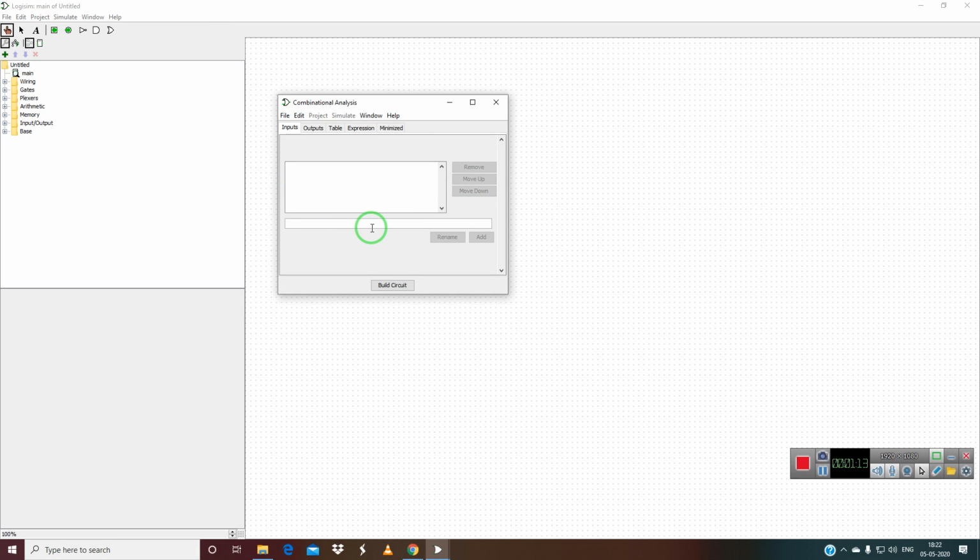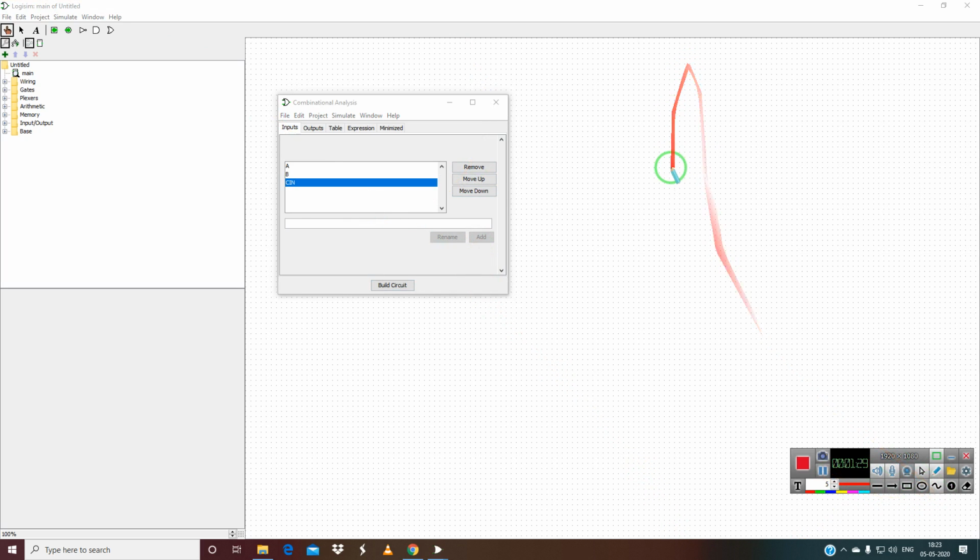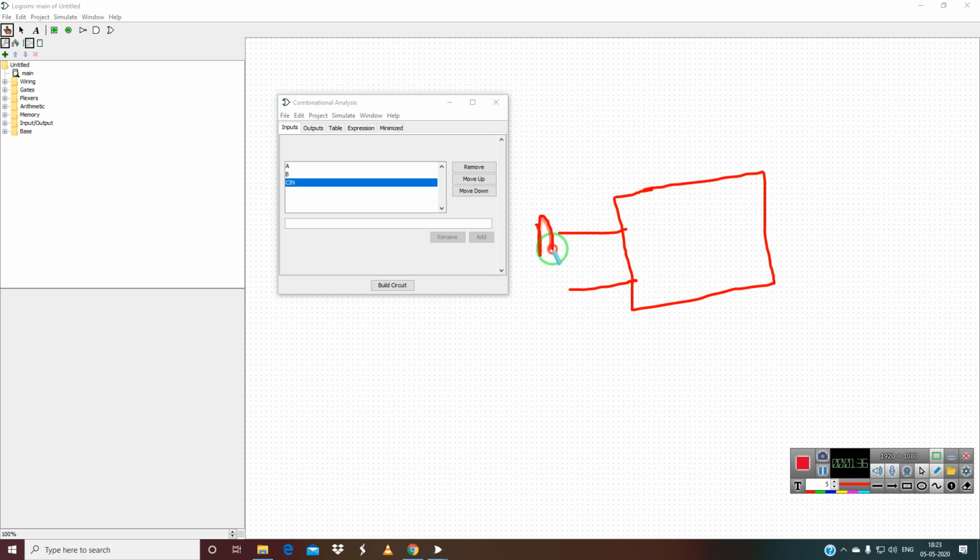From first, give A for input, another input is B, and another input is C in. So let me draw the full adder for you. This is the full adder circuit. So this is A and this is B, and C in is also an input, which is another carry.